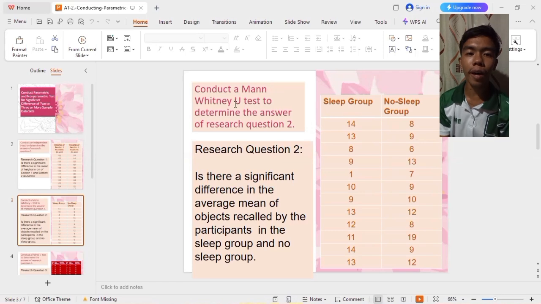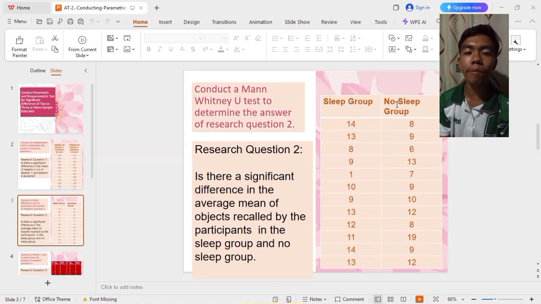Now, in this part, we're going to use a Mann-Whitney U-test in determining the answer to the research question: is there a significant difference in the average mean of objects recalled by the participants in the sleep group and no sleep group? As you can see here, the same goes as what we do in the independent sample t-test.